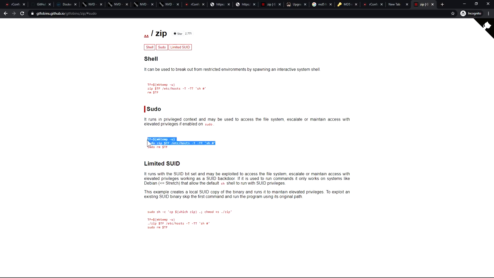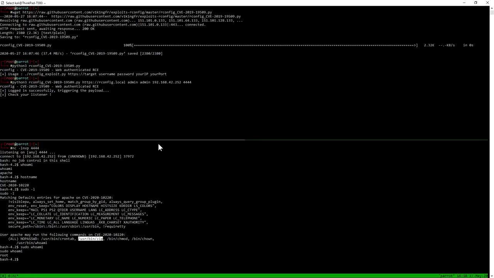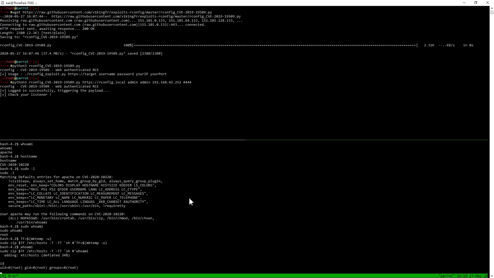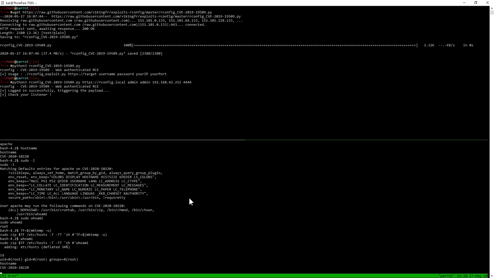I'm going to copy that, go to my system, and paste it. Now if I check whoami, you can see I'm root. And let me check the hostname. And this is how we can get root access from the beginning.